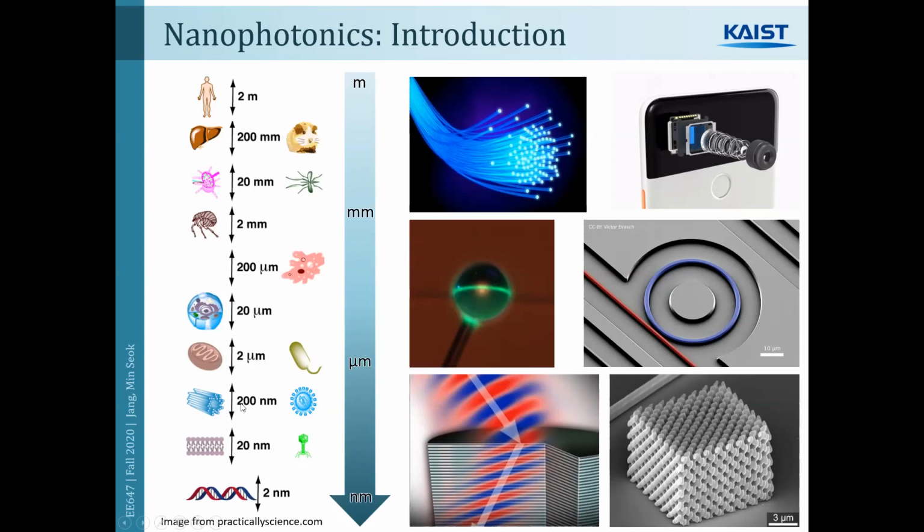And here, what I draw is just to give you some sense about the sizes. So 20 nanometers is about the size of a virus, and then 2 microns is about the size of some cell ingredient, and so on. So we are talking about a scale of about 1 micron and under, and how light interacts with matter